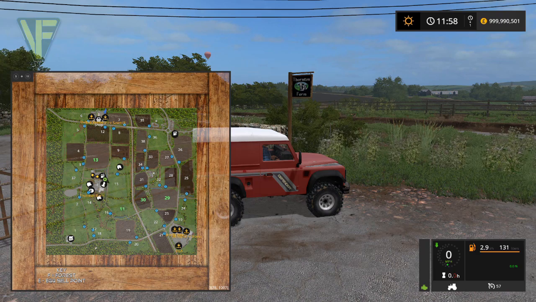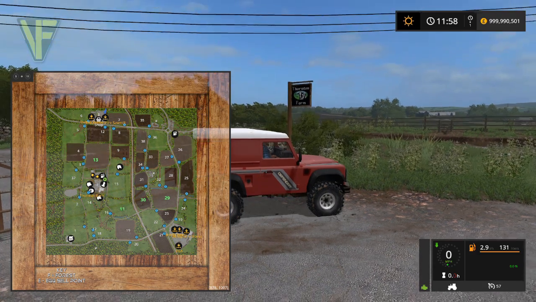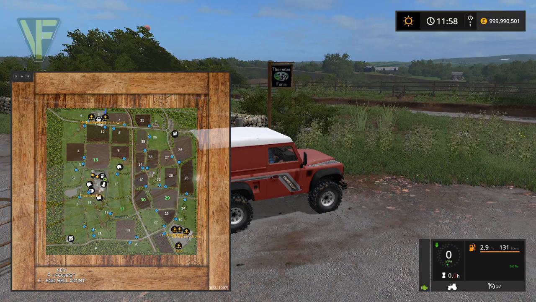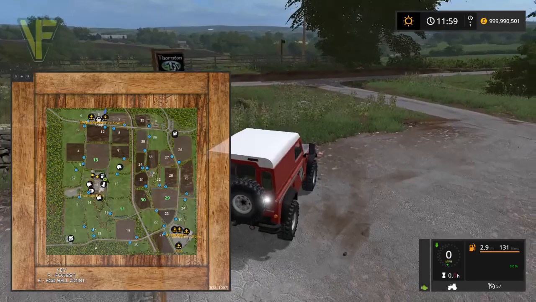So, lots of fields, 36 fields, I believe. Yes, 38 fields this map has. You start off with fields 13, 11, 30, and 29. So, 3 arable fields and a grass field. We will have a look at those as we go round. So we will start off